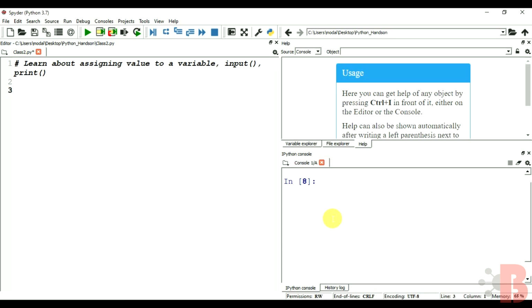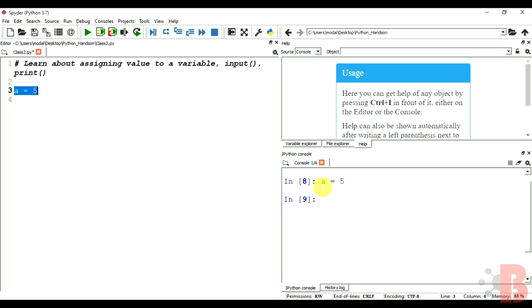So let us assume a is a variable. To assign a value to that variable, we will have to use equal to as an operator and then give a value. Let us assume we are giving 5 here. So on executing this, the value of 5 will go and get stored in a. So wherever we use a after this in this program, the system will think of it as 5. So let us try.